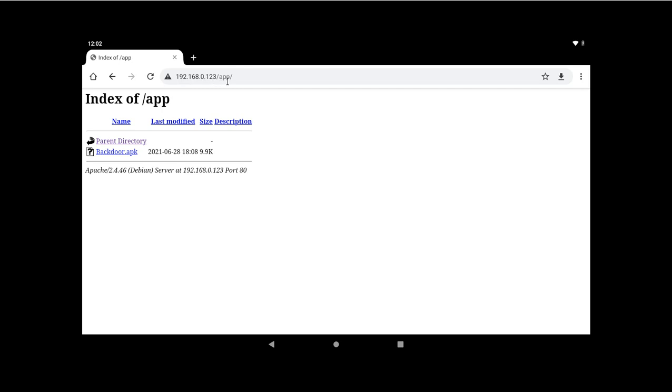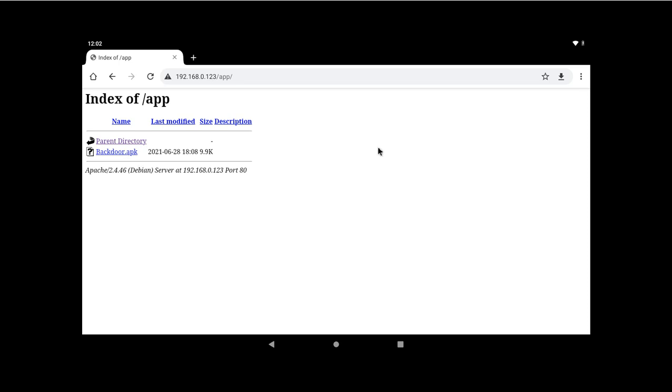Under the app directory, I see this backdoor.apk. Now what we have done, we have just shared it directly from the Kali Linux and we are downloading and installing it here directly. But basically, the attacker uses a social engineering technique to trick the user to download and install this.